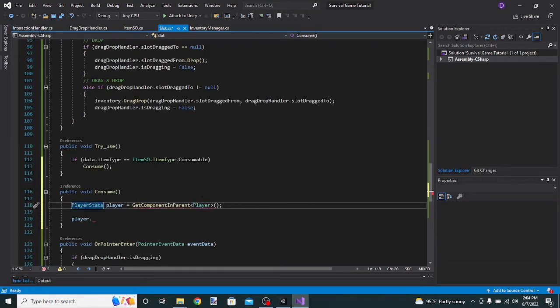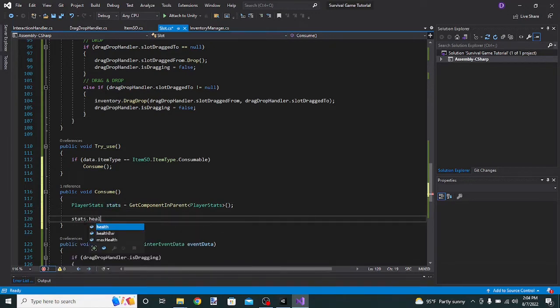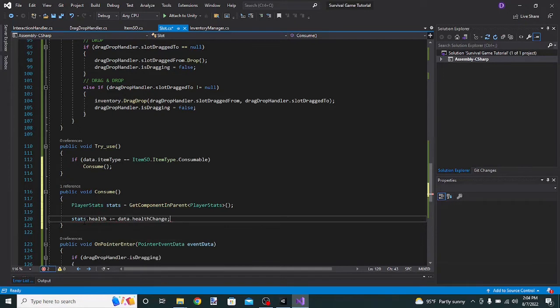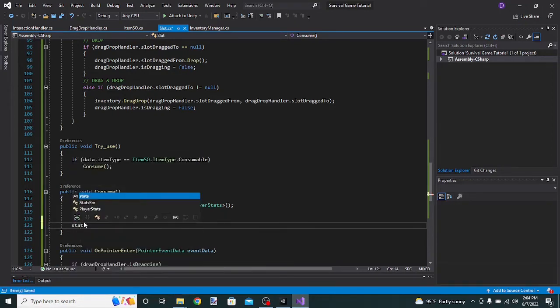Stats. And over here, do the same. Adjust stats. And I'm just gonna name this stats. We're going to do stats.health plus equals data.healthChange. And we're gonna do the same, stats.hunger plus equals data.hungerChange. And this thing on hunger change, you could even do it negative, so it takes hunger